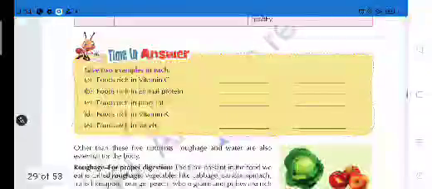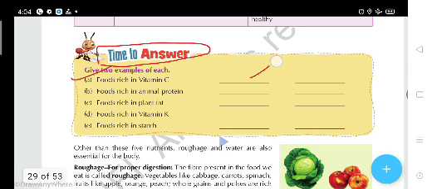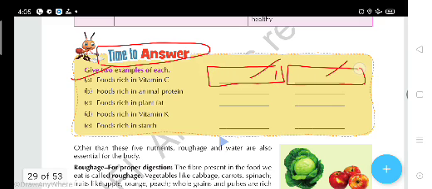Now it's time to answer, students. I have taught you many things. Now it's your turn to answer these questions. Simply give two examples of food rich in vitamin C. What kind of foods contain vitamin C? You have to answer in these columns, and you have to fill them with only a pencil. Always remember, students, don't spoil and destroy your book. Don't make your book dirty.